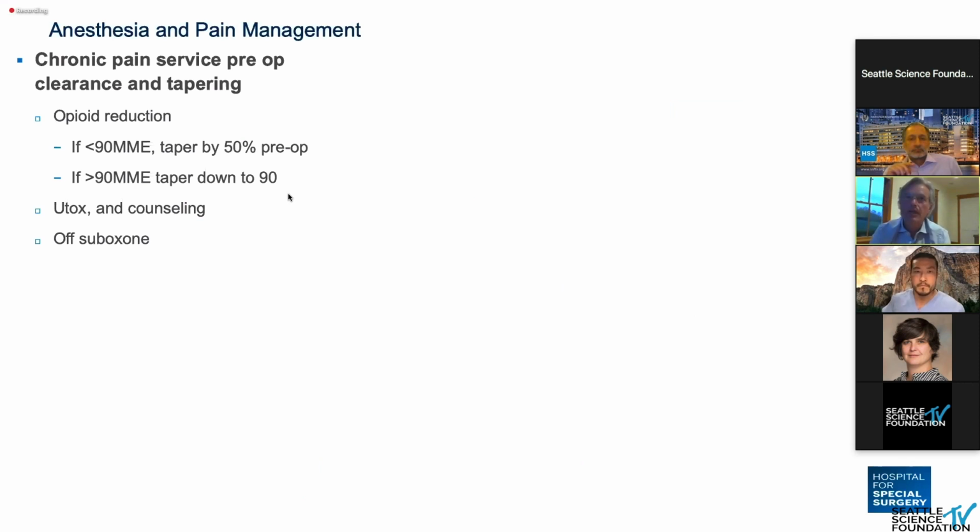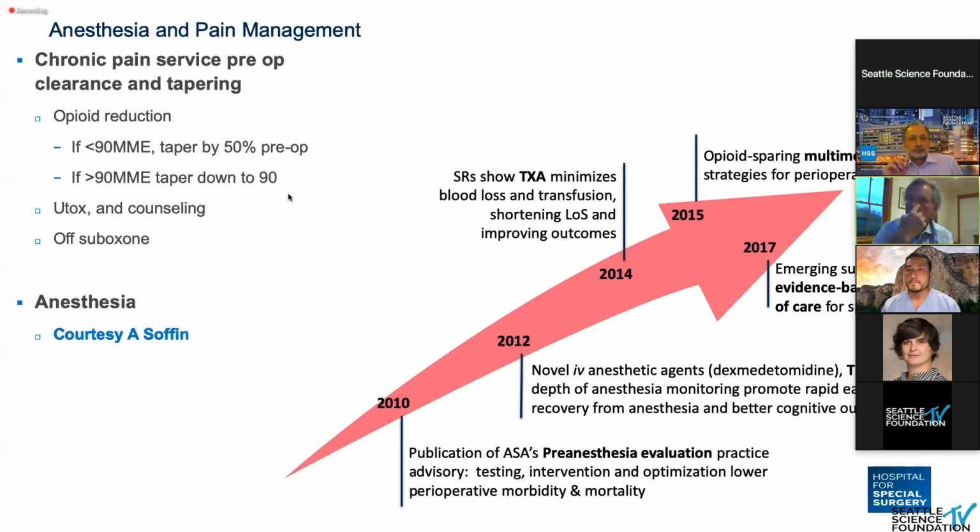A big area that's changed that we didn't do 10 years ago is every patient who is on opioids is now going through a chronic pain service. This is a slide courtesy of Ellen Sofin. We are doing erector spinae blocks. We have ARAS pathways, and I think Angela is going to talk more about that, and really have dramatically improved